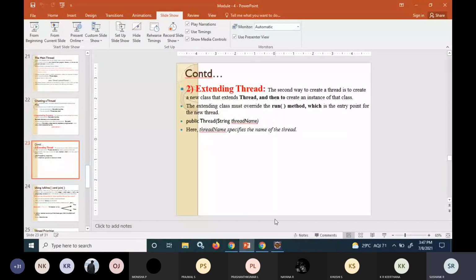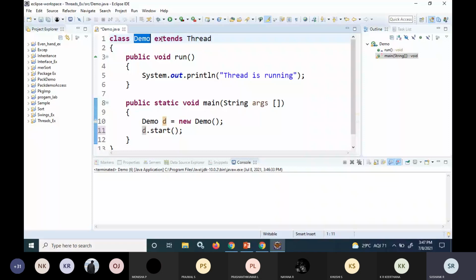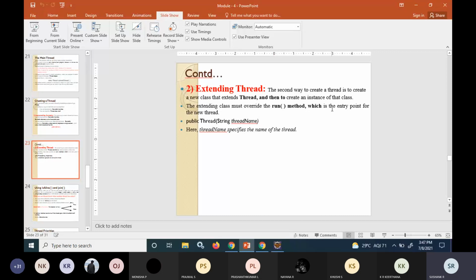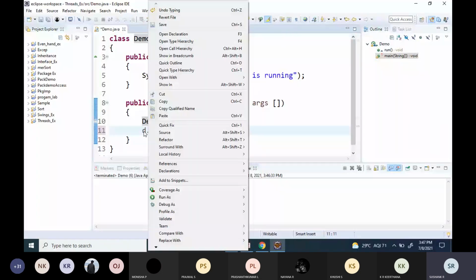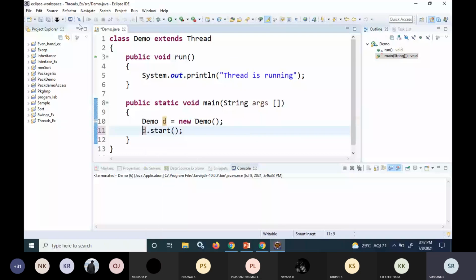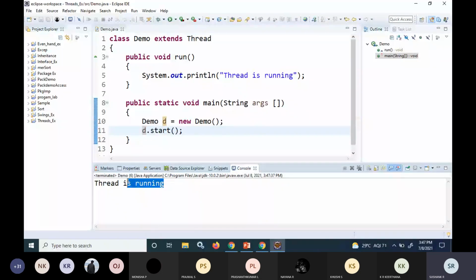So the demo class is extending the thread class, so it is overriding the run method. This will be the entry point for the new thread. After calling the start method from the object of this class, you can see the thread will run. That's why you are getting the output.